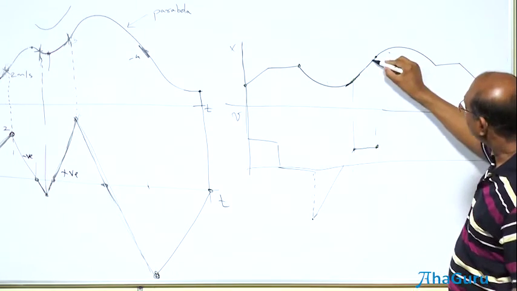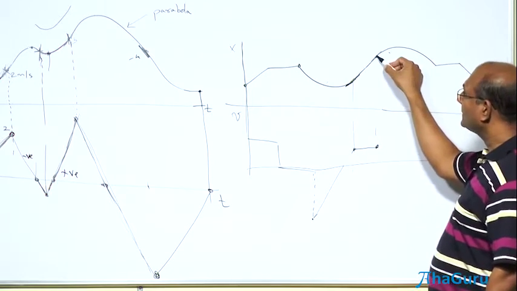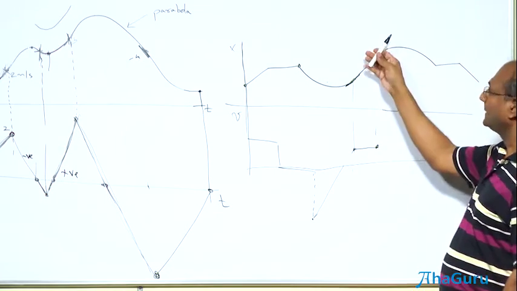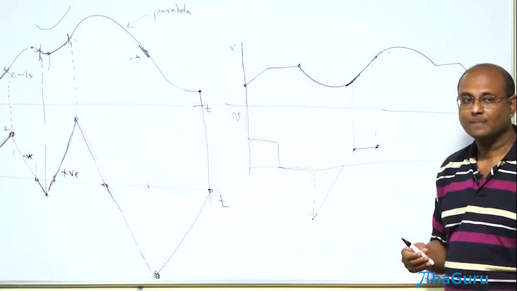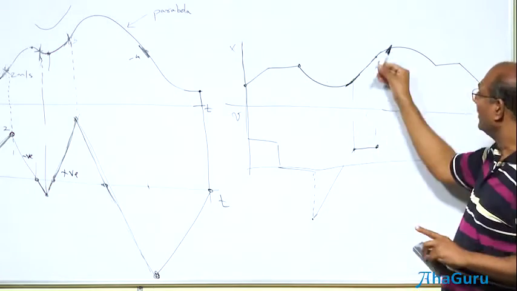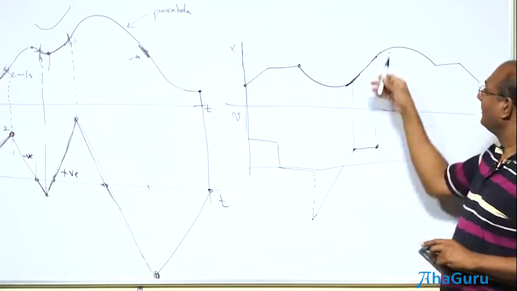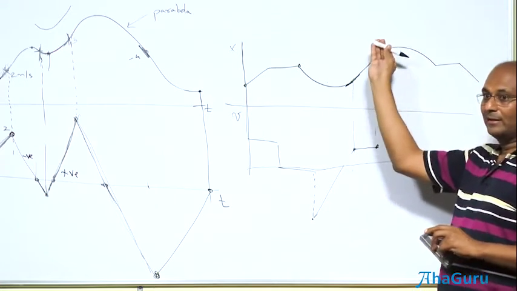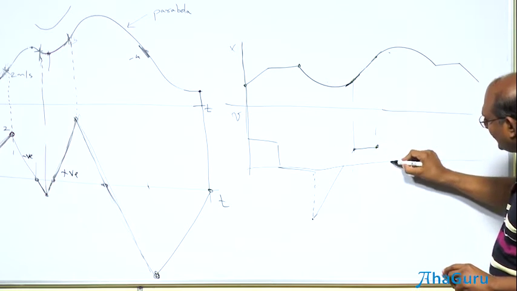Now if at this point this and this are continuous, that fellow's velocity starts like that. Positive velocity becomes 0, becomes negative. This goes up and comes down, but look at the velocity. Positive velocity, which is equal to this, becomes 0 and then goes down. So positive velocity becomes 0, goes down.